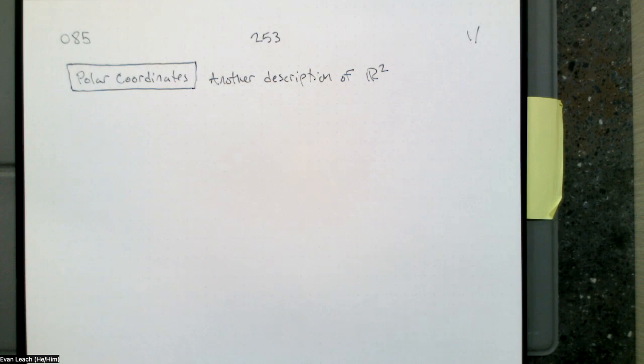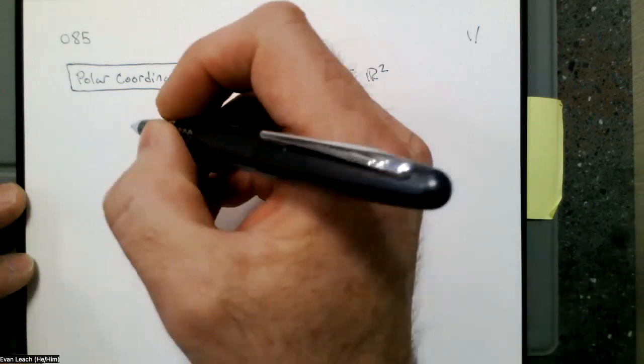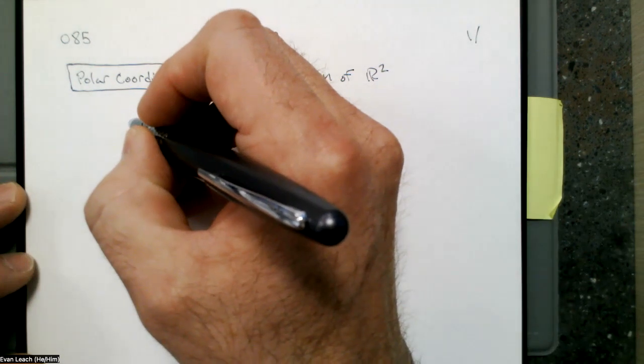So polar coordinates is just another description of R2. This is going to be very good at describing things that are round. That's why we did this. So the reason I want to start with polar coordinates, especially on a Friday, is because we might be familiar with polar coordinates. You see polar coordinates when you're in trig. You see polar coordinates in pre-calculus. You see polar coordinates in Calc 1 and Calc 2. You might not have spent a lot of time analyzing things in polar coordinates. And like at the beginning of the class, I immediately went back to rectangular coordinates because we're most familiar with that. So if we have two-dimensional space